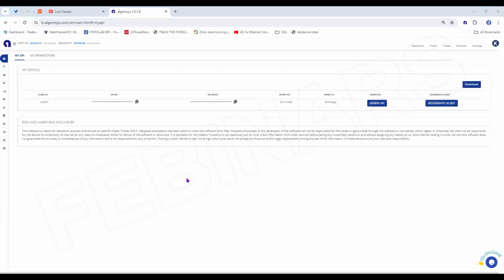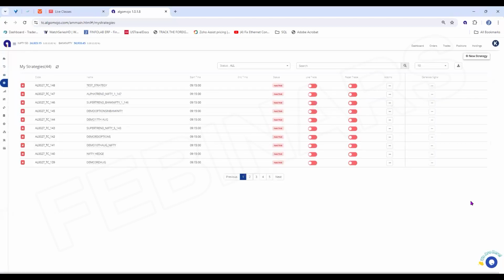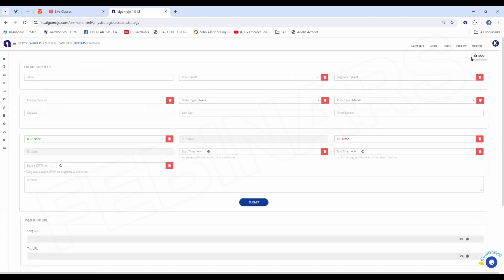After you log in, once you have a valid API, the first step is defining your order management parameters in Algomojo. For that, we go to this tab called My Strategies, and we add something called a new strategy. Once you click on new strategy, you will need to update these parameters depending on what you want to trade. The first thing that will be asked is the name. It could be anything. No limitation. Keep it as relevant to your trading strategy as possible. Let me start this with a name called Demo Nifty